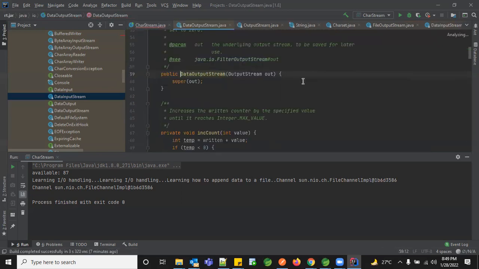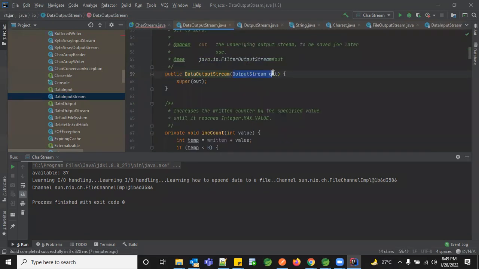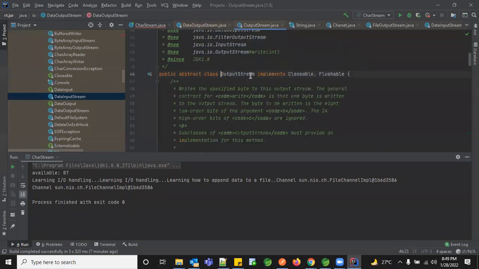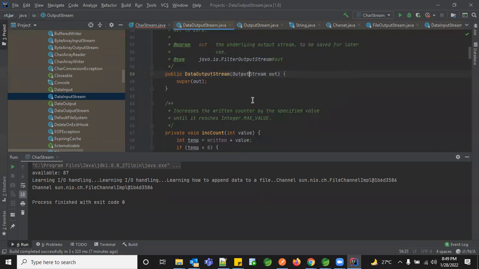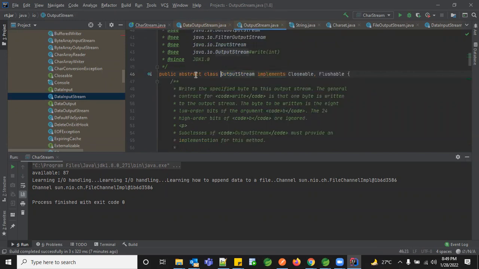If you see, this data output stream is expecting something called an output stream. Like earlier with the input stream and output stream, it's expecting an abstract class of output stream object, which is nothing but the out. So as you had the print stream in your System.out.println, you have your output stream as your parameter, where you have to give this particular object to start with. It can be any type of output stream. This output stream is an abstract class.